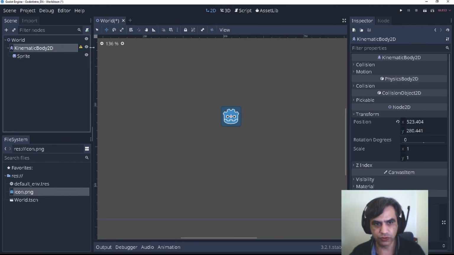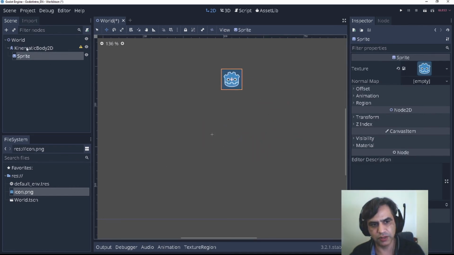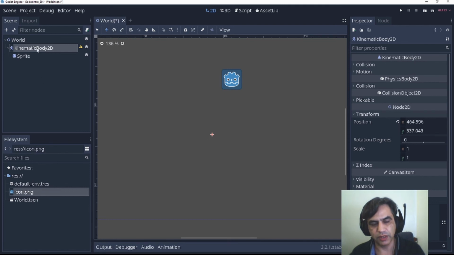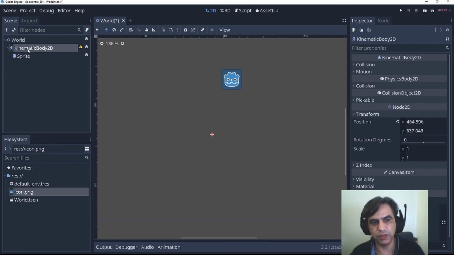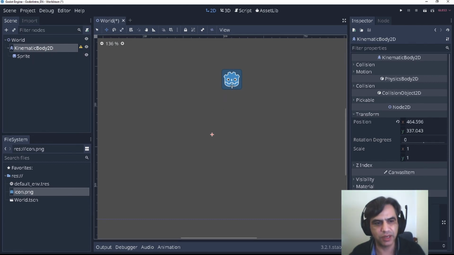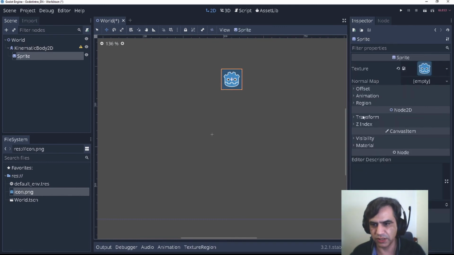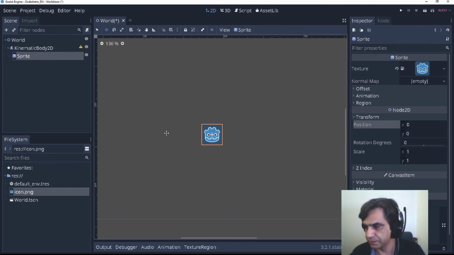So if you move your kinematic body, the sprite moves along. But if you move the sprite, the kinematic body is still there. So that's why this sprite is a child of the kinematic body. That means that if the kinematic body moves, the sprite also moves, but not in reverse. So now I'm going to reset this to 0, 0 to stay on the center.